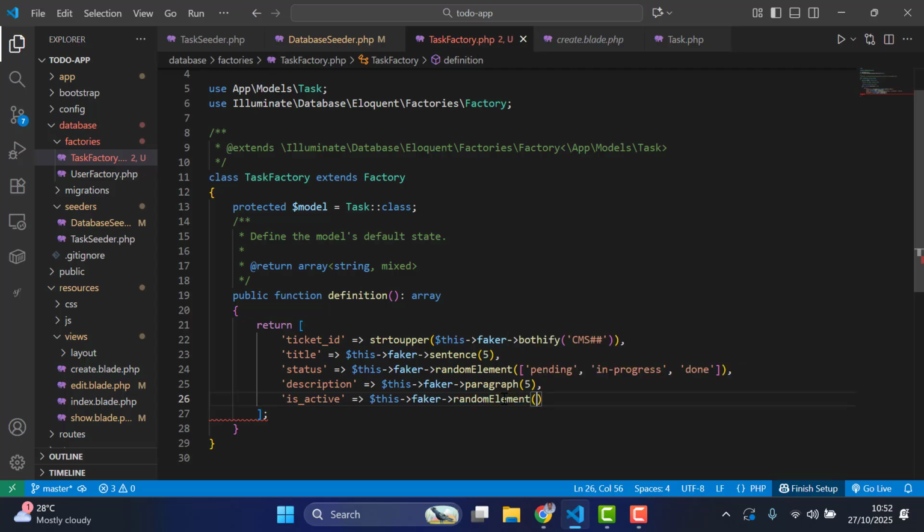Elements, enable, disable. That is all. That's just what I will need to set. Then,